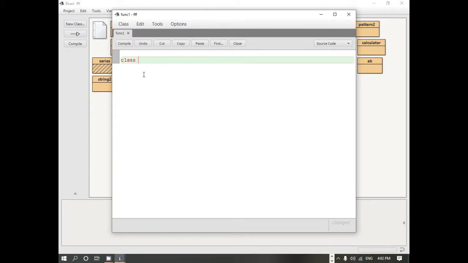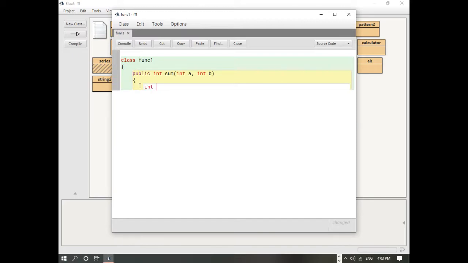So I'm going to create my class function func1. I have given this name to my class. Then inside this I'm going to create a function, public int, let it be sum, and I'm going to pass arguments inside this. So this is how we can pass arguments inside a function. Here I have taken int because this function will return a value. So if the function is not returning any value, then there we will use void.